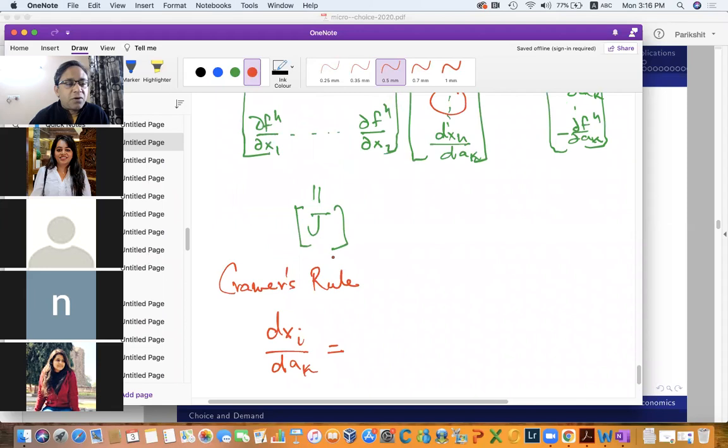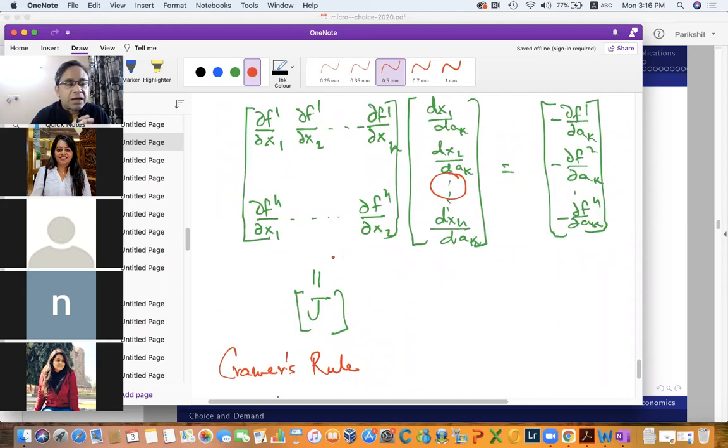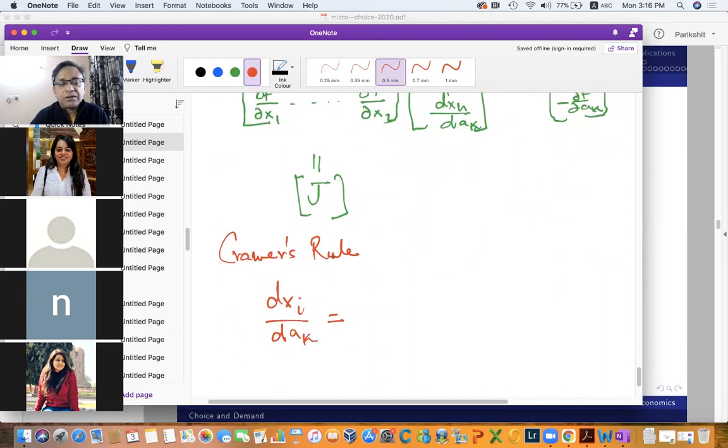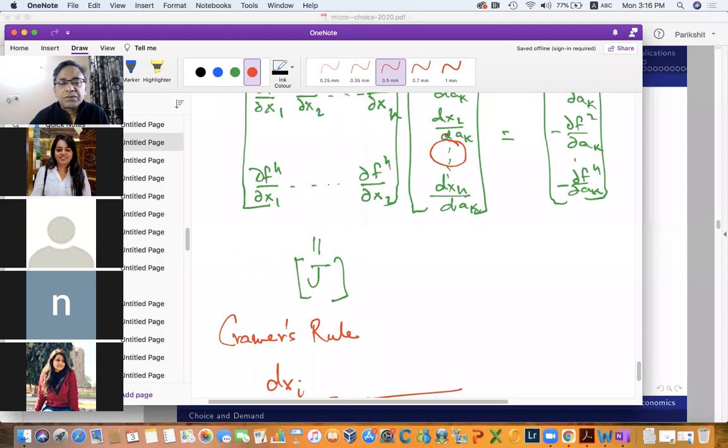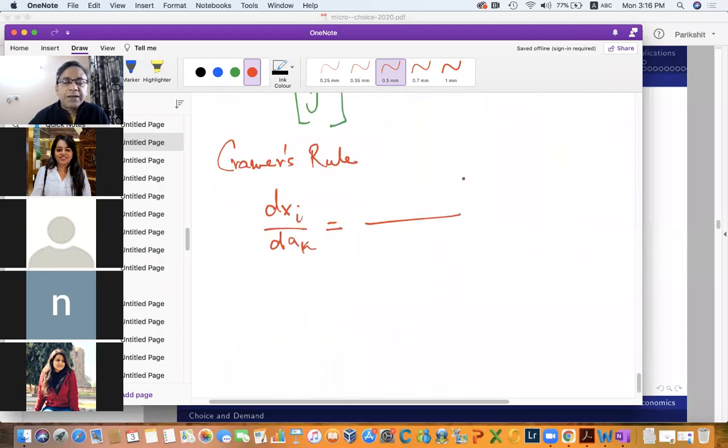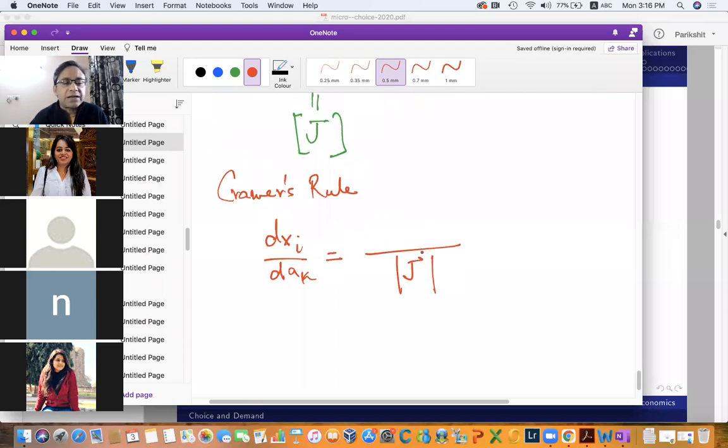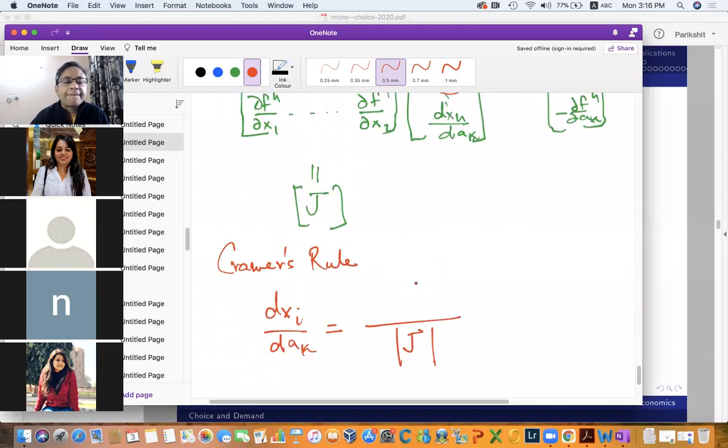takes a very simple form. Again, I'm not proving it. I'm borrowing Cramer's rule from our linear algebra textbook, which says the solution, the ith solution over here, is given by a ratio of two determinants. In the denominator, you put the determinant of the Jacobian matrix, you calculate that, put that number over here. In the numerator, you calculate the determinant of a different matrix, which is,